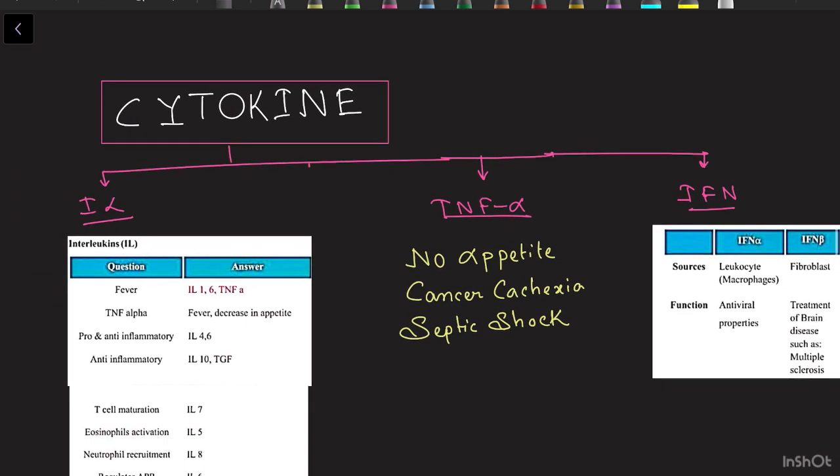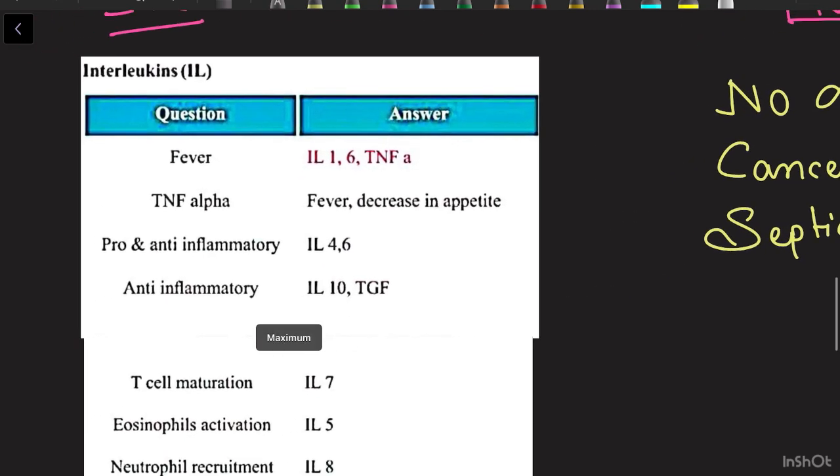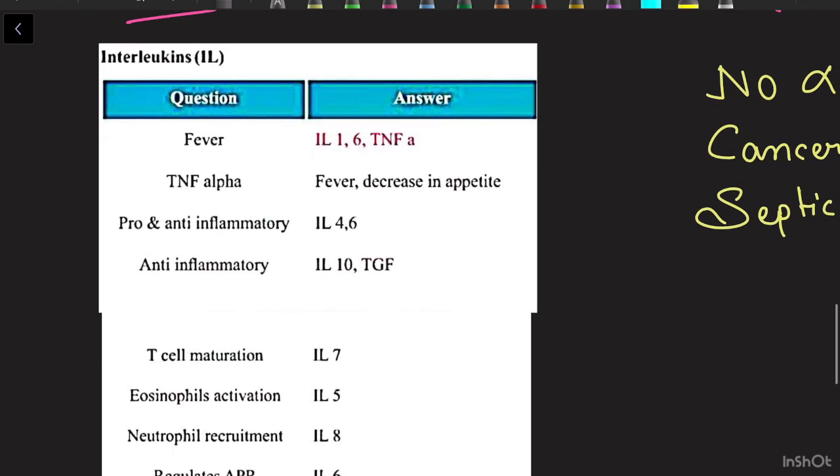So there are many cytokines which you will study. It's practically a very difficult task to remember. So here I have presented a compilation, but it will be better as you move on to the systemic pathology to slowly learn them along the way. Here, if I have to say there are some things you have to remember for sure, I would say remember for fever interleukin 1, at least one you can remember.